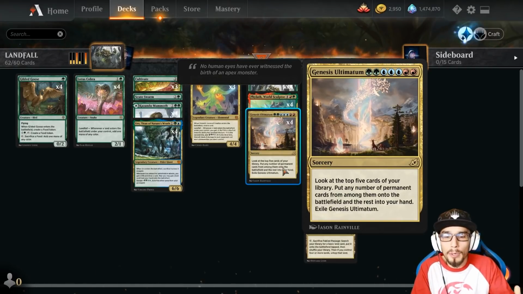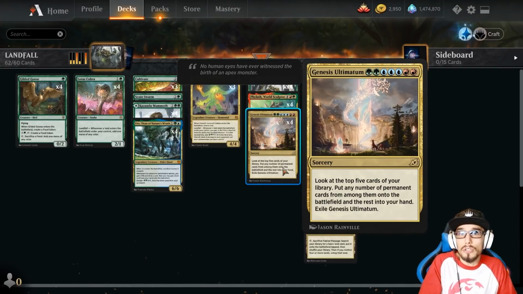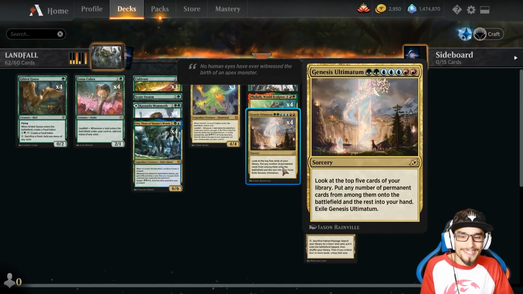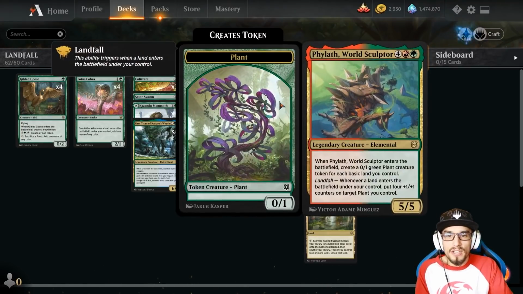Put any number of permanent cards from among them into the battlefield and the rest into your hand. Again, anything that's not a permanent goes into your hand, like Cultivate, so you just cast that later and re-trigger your landfall. Everything else right into the battlefield, all of your creatures, all of your land. So that's awesome. 4 copies of